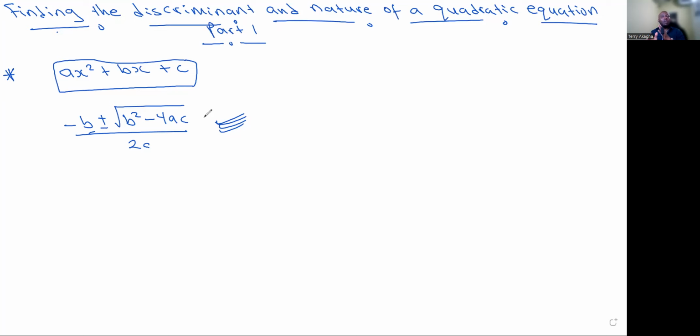And this is different from the roots, okay? So the discriminant is different from the roots. If you're talking about the roots, it refers to the solution itself. Does that make sense? The discriminant is just determining the type and nature, while the root is finding the solution itself, okay? I know that some of you are writing as well, so I'm going to write it so that you can take notes as well. So if I talk about the discriminant,